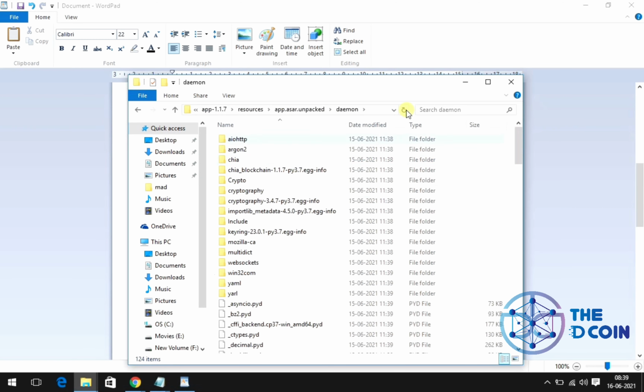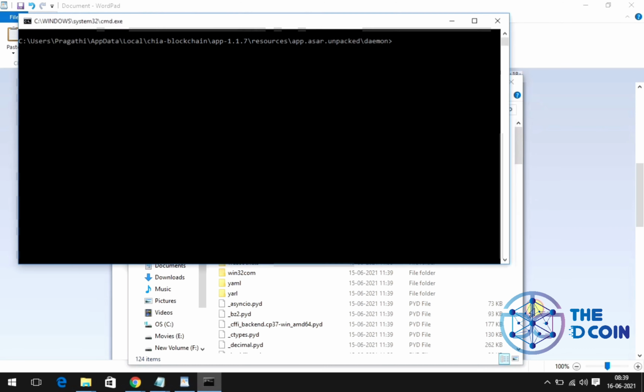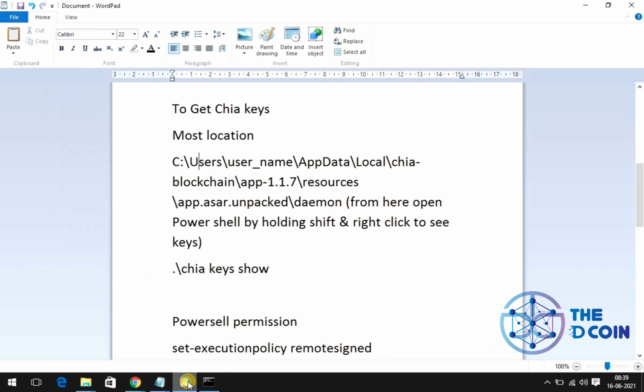In this folder, right click and open command prompt or PowerShell, whichever, it's fine. This command is for command prompt: chia keys show. Wait for a few seconds and the keys will be shown. There are three different keys.